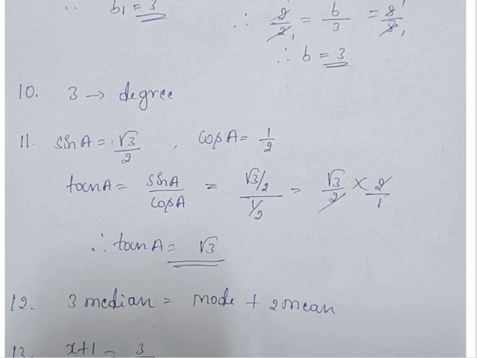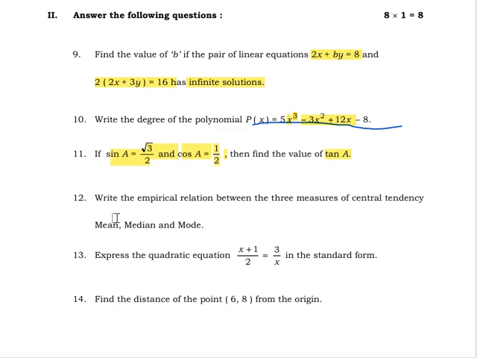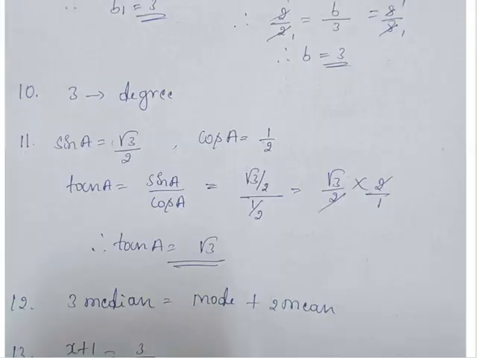This is the tan A value. Okay. So next one, 12th question is write the empirical relation between the measures of central tendency, mean, median, mode. This is also a direct question here. So here you have to write the empirical formula for central tendency, that is